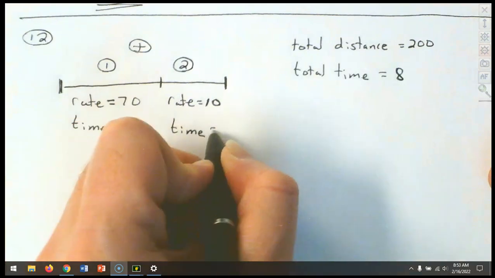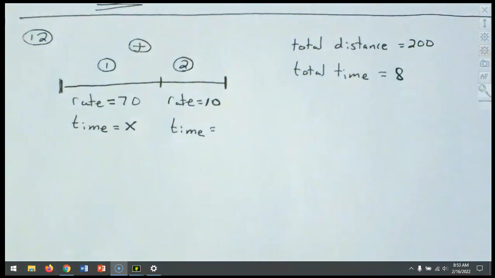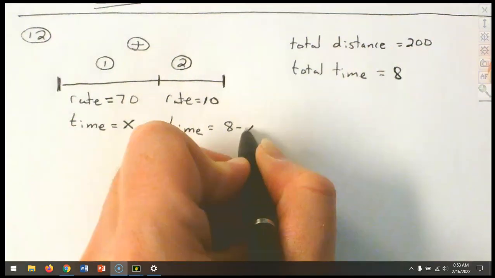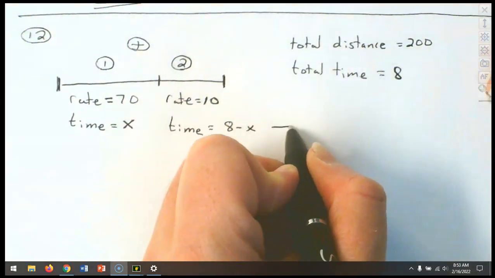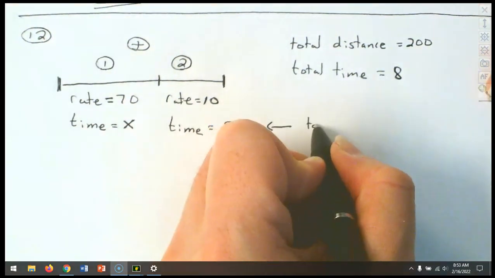Now, do we know how long we were in the accident for? No, that's not known either, is it? But we can't just use that X again. So we're going to look at it as 8 minus X. And why are we looking at it as 8 minus X? Well, that is your total